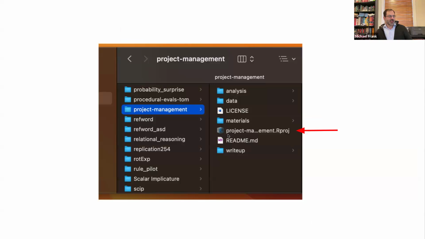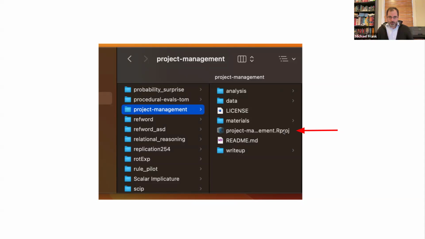Okay, and here's what this looks like. Creating that project is just going to create a .rproj file that indexes that in the folder for your project. This is my general projects directory. You can see I've got all these different project codes here, some somewhat more or somewhat less transparent. And then here's my folder hierarchy. And if I double click on that project management.rproj, that's going to open up a brand new R session for me where I can manipulate these files and be in the right directory and so forth.